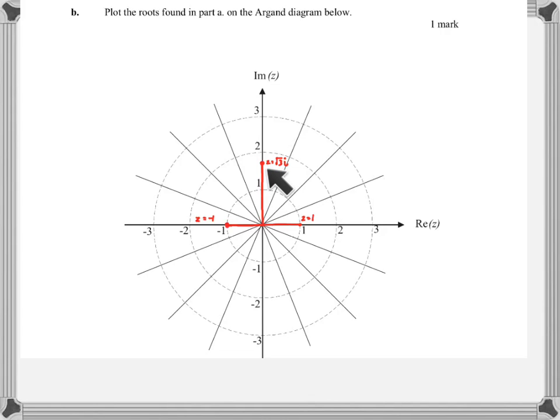Now that's an approximation. First off, what the examiner wants you to know is approximately what is a decimal value of root 3. Root 3 to one decimal place is 1.7. So that's a little bit more than halfway. 1.5 is about there, 1.7 is about there. Okay, so that's an important thing to remember. 1.7 for root 3. Same with z equals negative root 3i, coming down here to a little bit more than halfway. Okay,